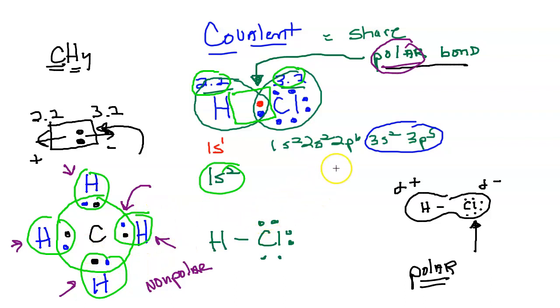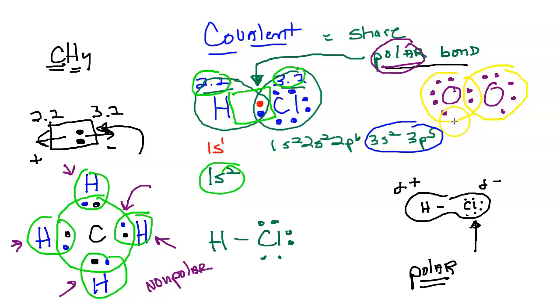If you talk about oxygen, oxygen has 6 valence electrons, so 1, 2, 3, 4, 5, and 6. Another oxygen molecule will start with a bond, 1, 2, 3, 4, 5, and 6. When we check out the Lewis dot diagram, we always start with one bond. You can see that this oxygen by sharing has 7, and this oxygen by sharing has 7. So party people, that's not going to work. So you say, well, what do I do in this scenario? You need another bond. So move this one over,